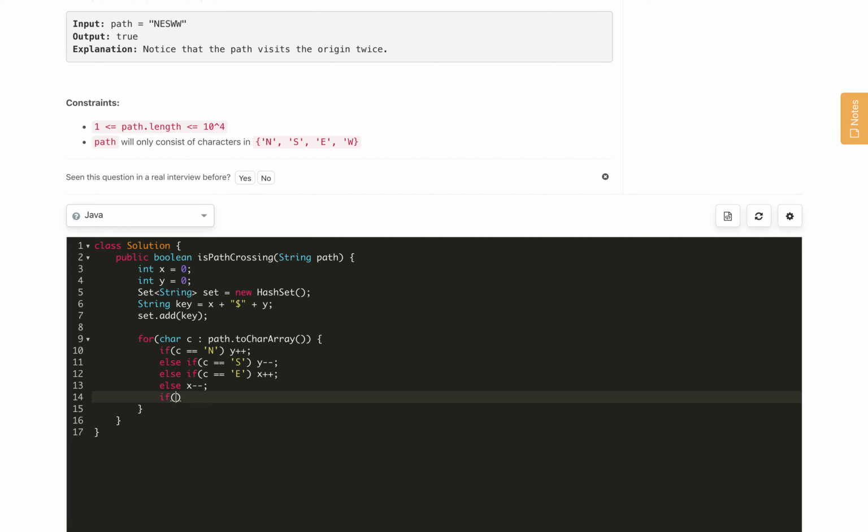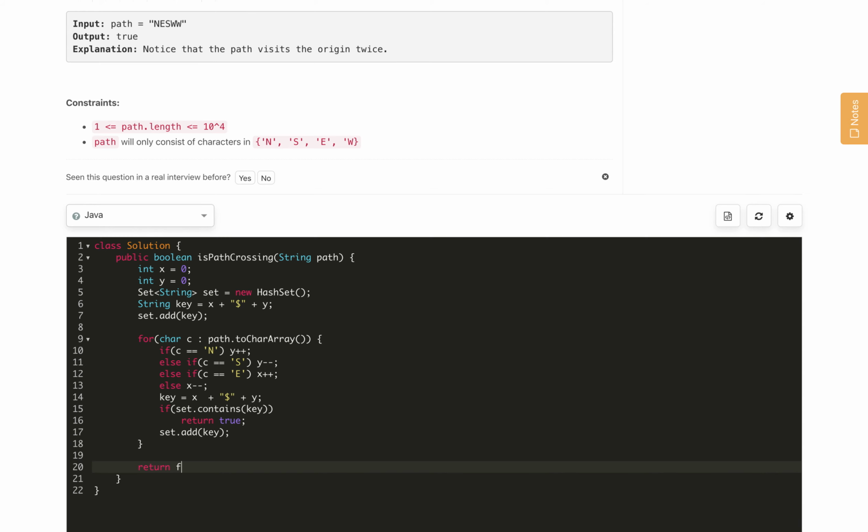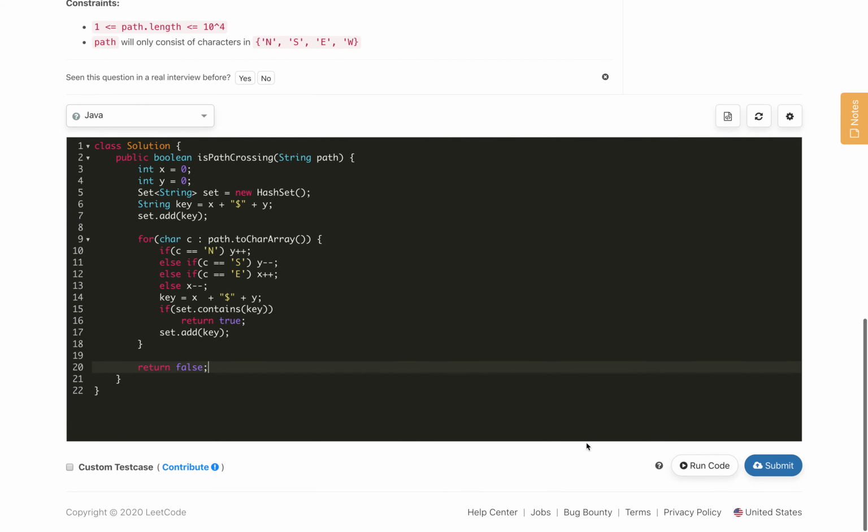In the end we will check if set.contains the key, which is the same as x plus dollar plus y. If it contains the key, then we return true, as we already visited the same place. Otherwise we update with set.add(key), and in the end, if nothing is found, we will return false. So this is the implementation.